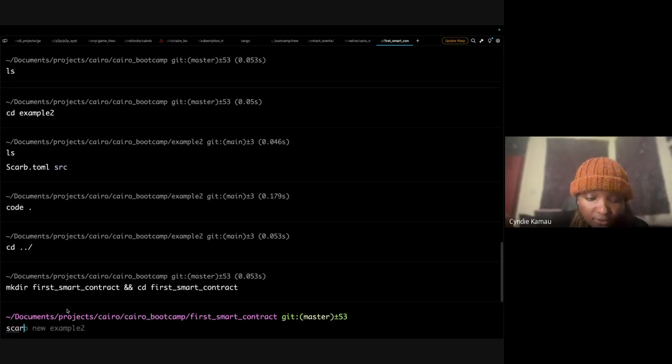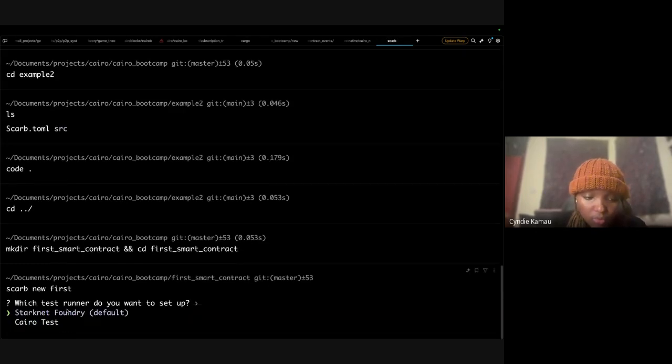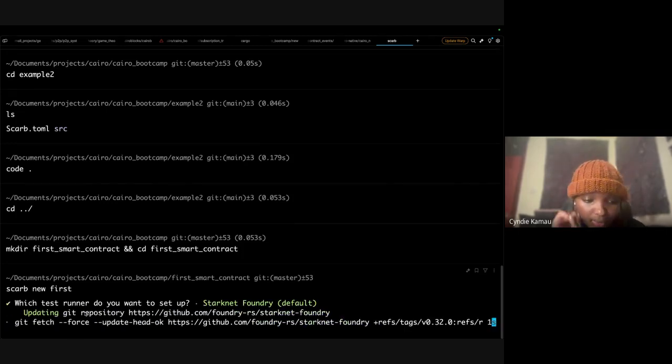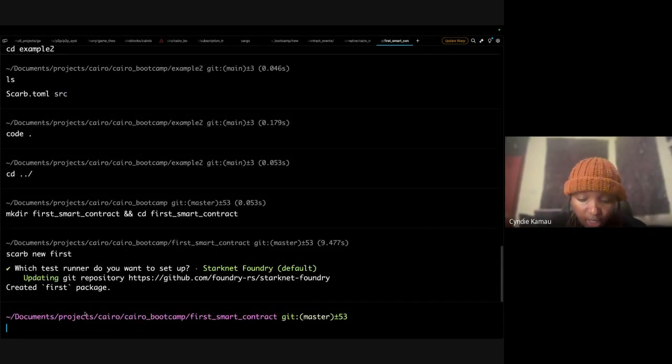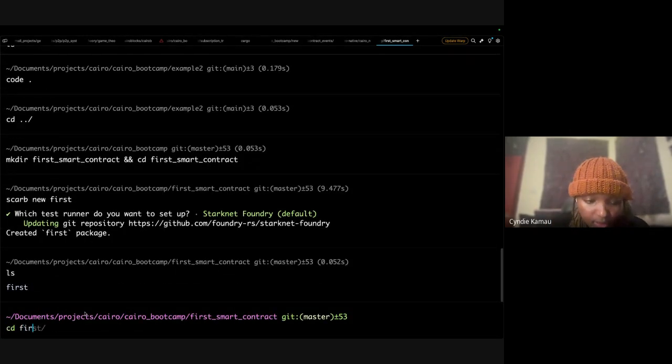And notice something, if you guys remember, when I was doing this, you saw which test runner do you want to set up, Starknet Foundry and Cairo test, right? So what if I want to use Starknet Foundry? Let's see what you're going to get.